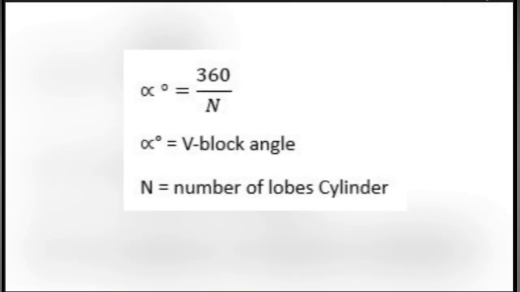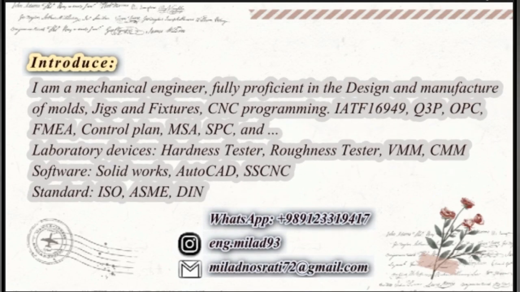According to the collected information, the angle of the V-block depends on the number of lobes of the piece, according to the formula. Alpha, V-block angle, and number of lobes of the cylinder. Introduce